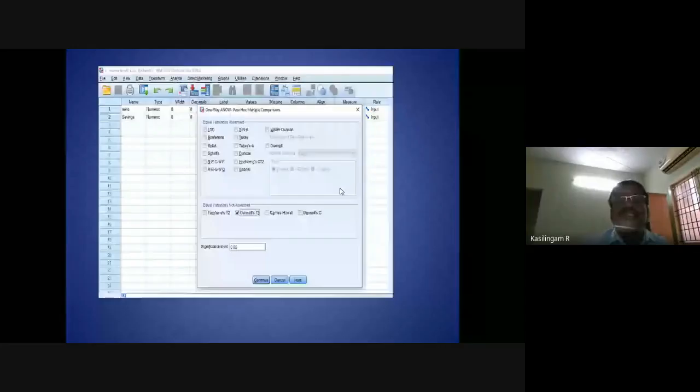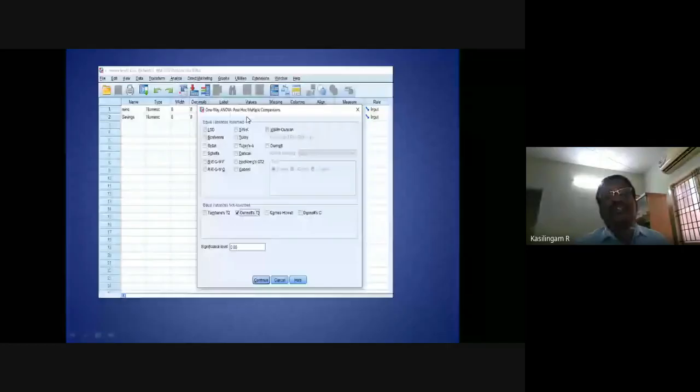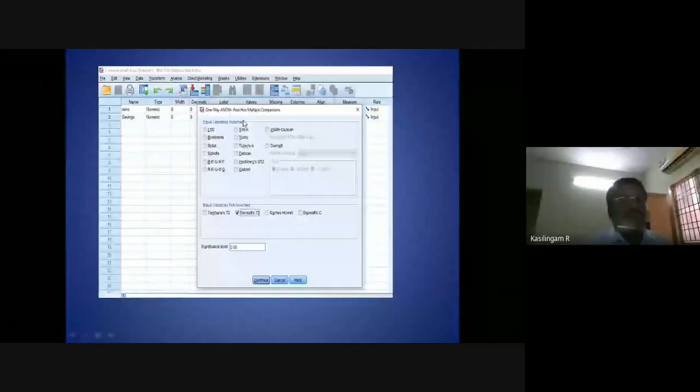Now, you see many things. Earlier, we performed Tukey. That is for equal variance assumed. Now, equal variance not assumed, because heterogeneity is there.